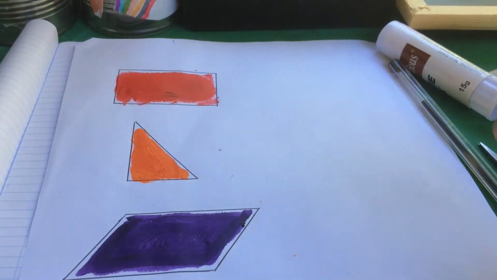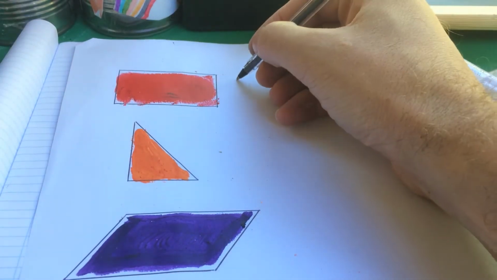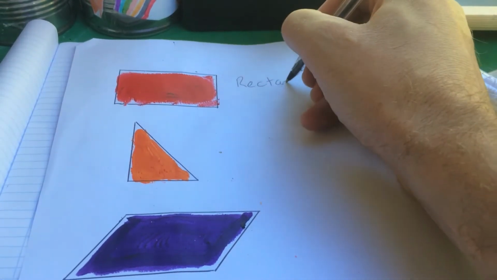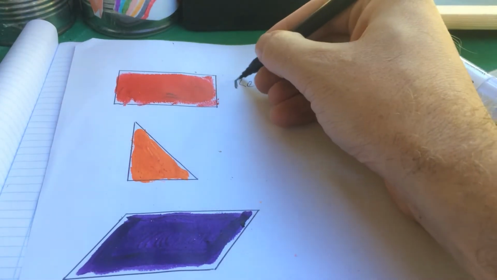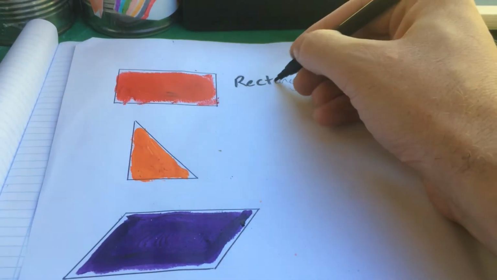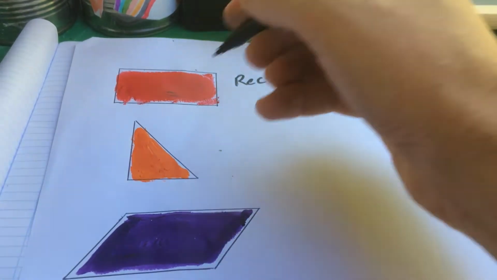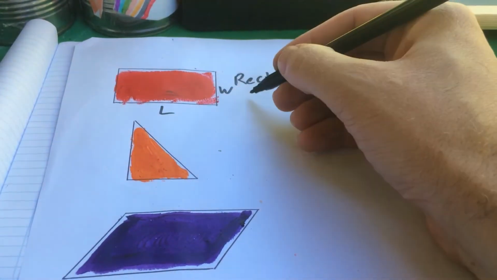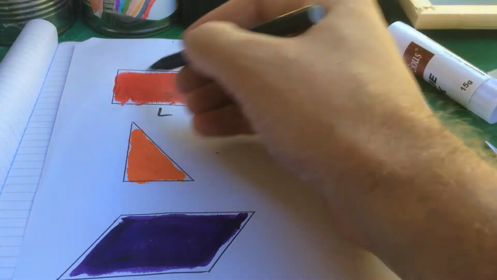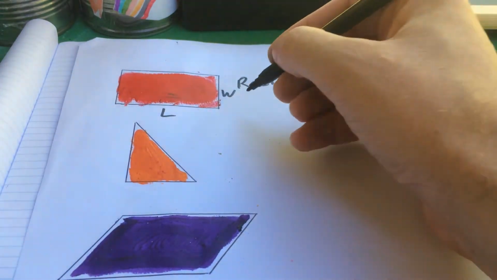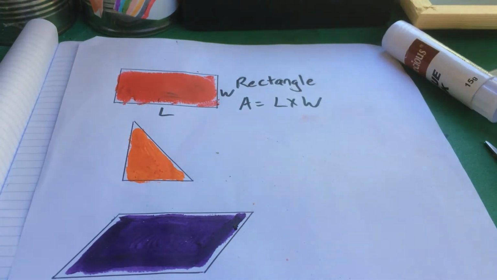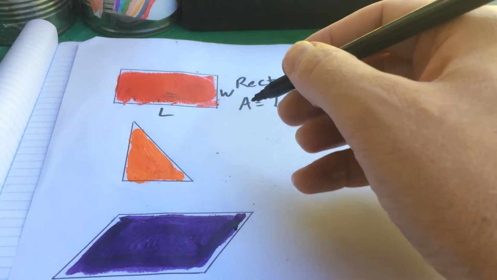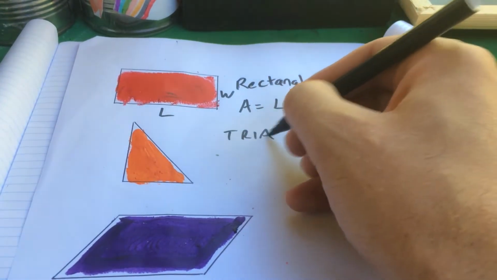Start off with a rectangle. And we should be able to see that that is the most straightforward one. And it's its length times its width. So you can see the amount of area, space that I've covered, is the length by the width. So that's the basic one we're going to work with. Then when we get to a triangle,